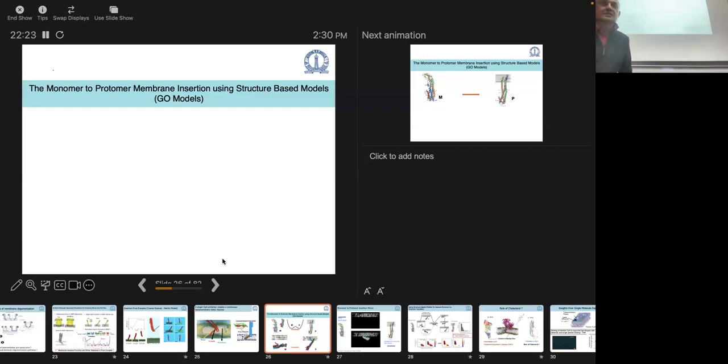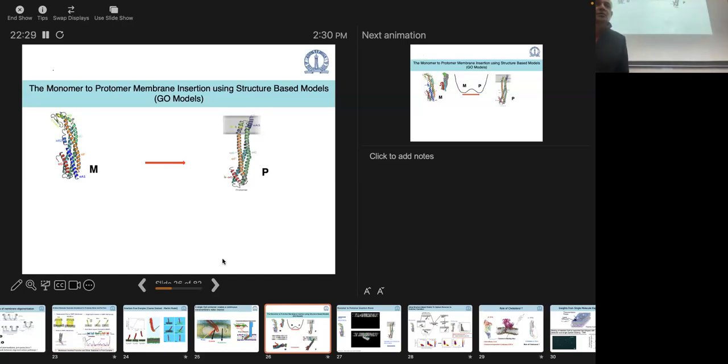So we started using these structure-based models or GO models. And these were developed by Jose Onuchic and co-workers, largely to look at protein folding. So the idea is that you have either an unfolded state or a folded state, or you have two different folded states. And can you get information of the transition going from one state to the other, right? So we collaborated with Saikat Ghosh, a colleague of mine at NCBS, where we looked at this transition using this